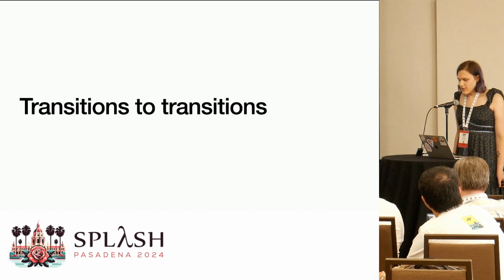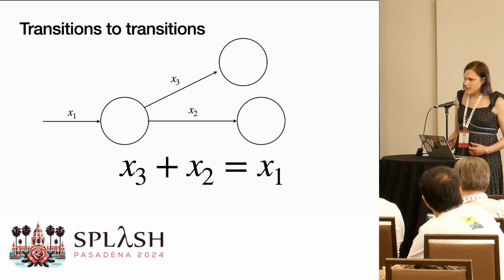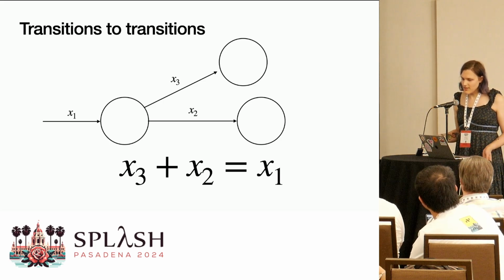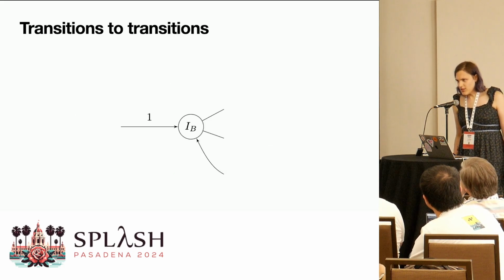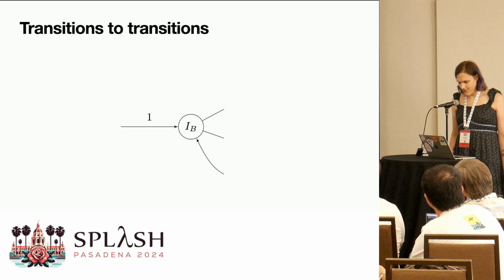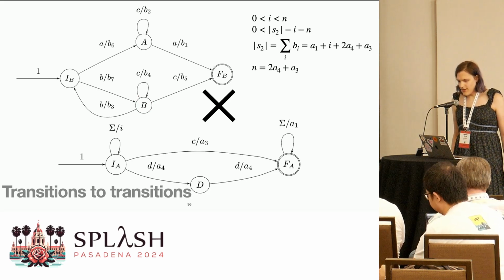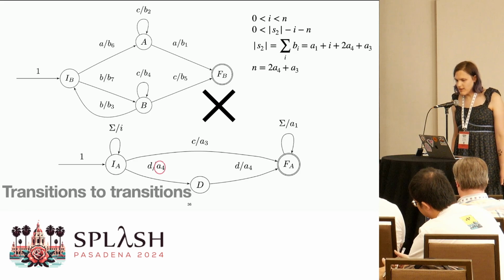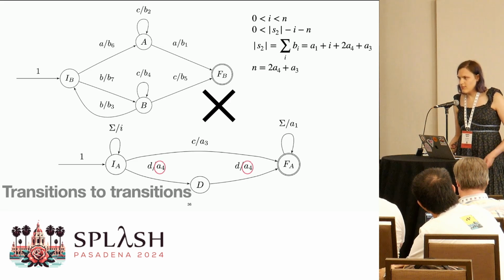We also have a bunch of constraints that come from the fact that this is an automata. For example, if we go into a state, we need to come out of that state the same number of times. So that means that the sum of the incoming variables is equal to the sum of the outgoing variables, except for the initial state, which has an initial flow of 1, because we start the automata once. So this allows us to do some reduction in variables, because whenever we have something like this, where we come in exactly as many times as we go out, we can already remove some variables from this,